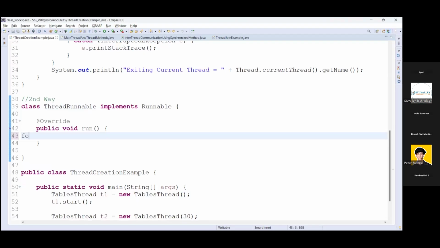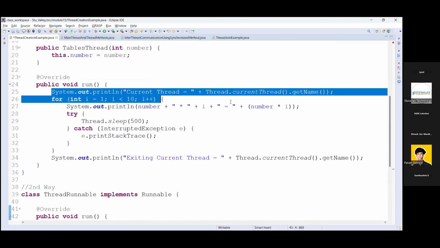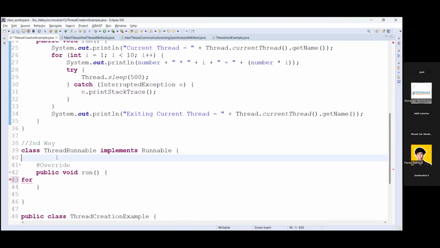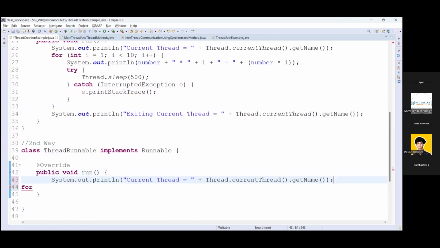So I'm going to use for loop. Okay. I'm going to show you this also here. In the run method, I will add the current thread, which thread is executing. Then for loop, integer i is equals to 0, i should be less than 30, i plus plus. Okay. Now here, as well as I will use j variable also. Multiple variables you can assign. So j will be suppose 5.